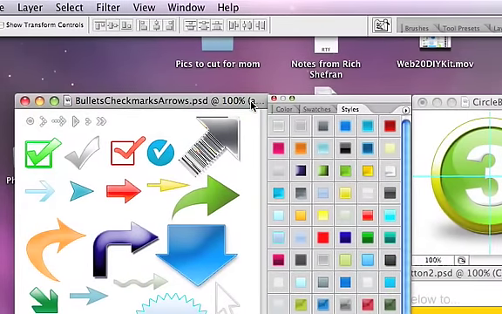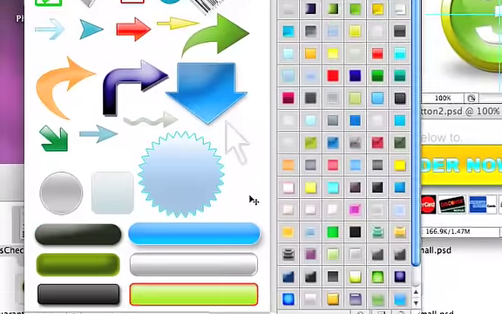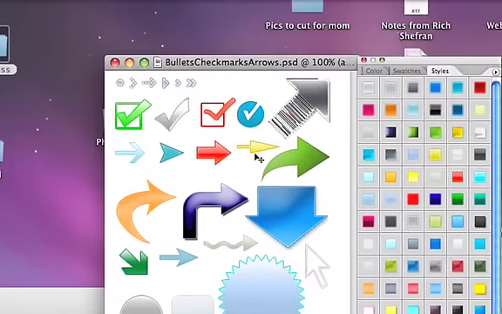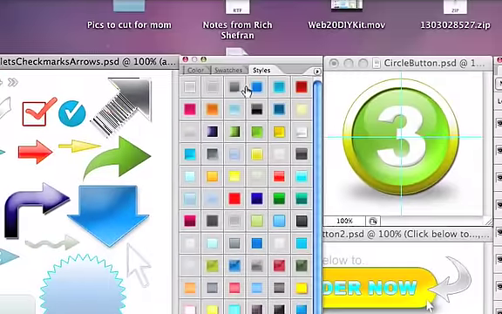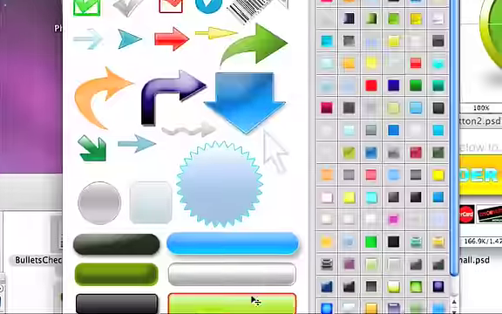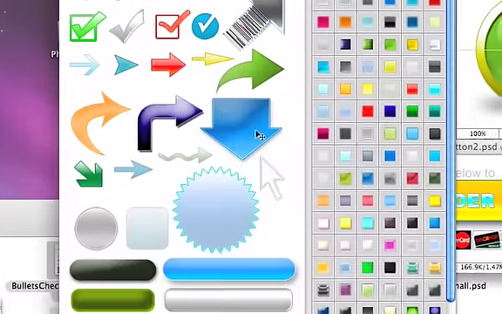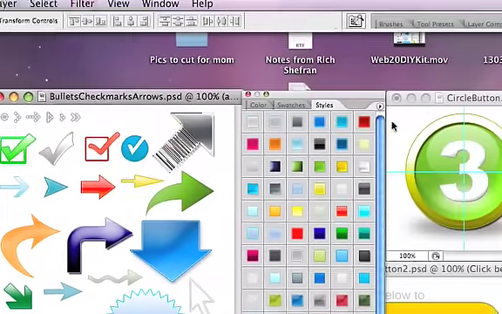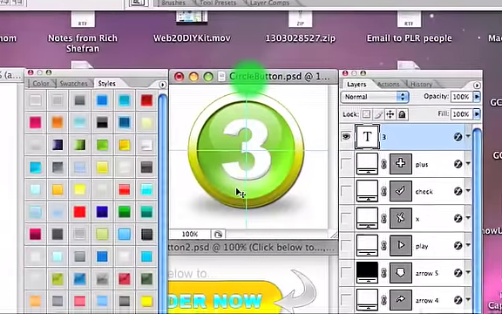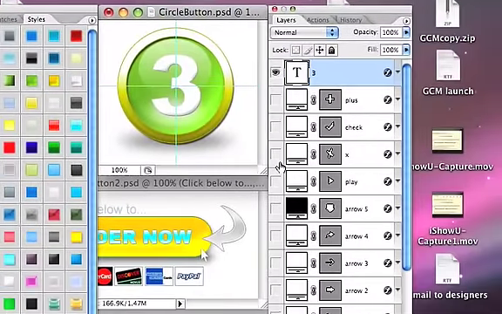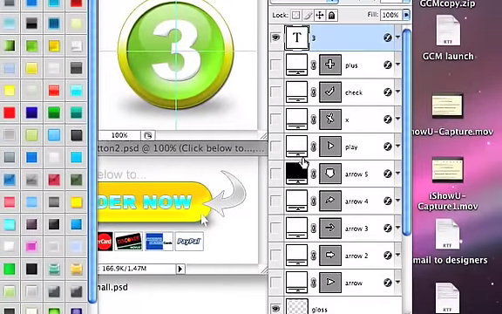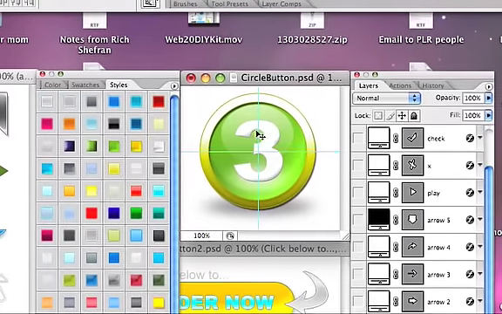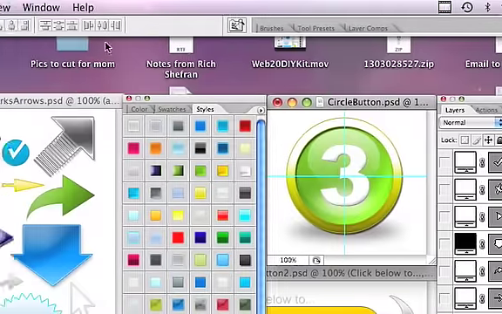Okay, so basically what the package consists of is a set of templates for all of these simple graphics and a set of layer styles. Some of the templates are simple shapes like an arrow, a square, order button, check mark, and some of the templates come pre-installed with all kinds of effects and layers that you can customize to create your own more complicated